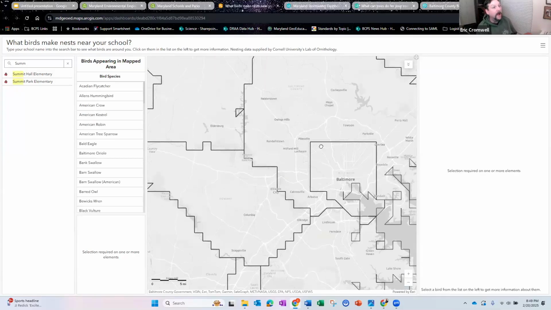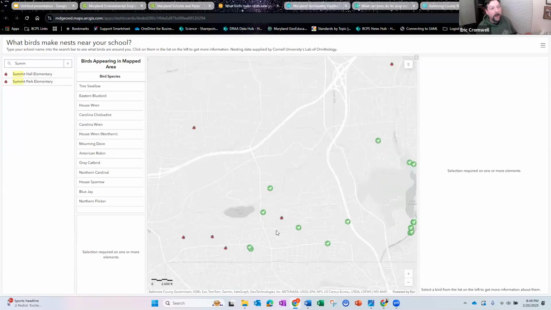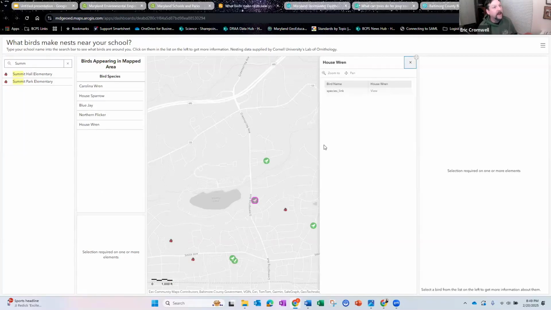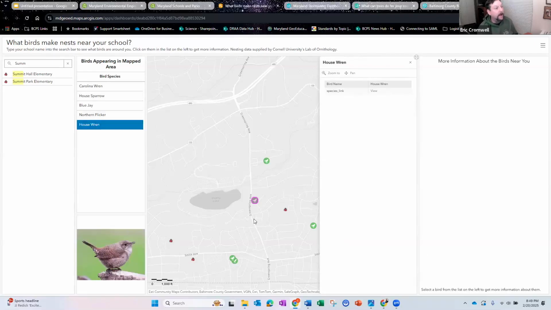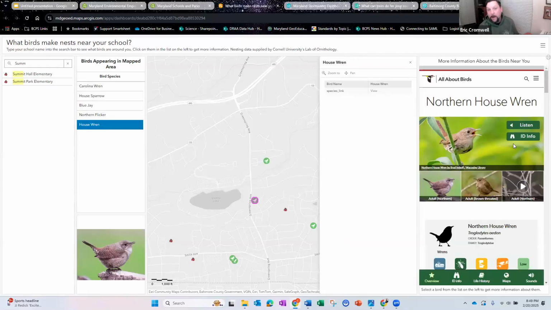We grabbed Cornell University's data, their NestWatch program, which is great for our alignment to our first grade standards, because we talk about nesting birds and the things they do to protect their young. And in this app, we expose students to, so we click on a box and it says what bird is there, and then they can actually click on that bird and Cornell's website pops up. You get an image of the bird,